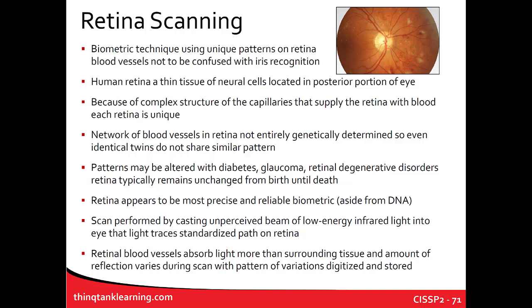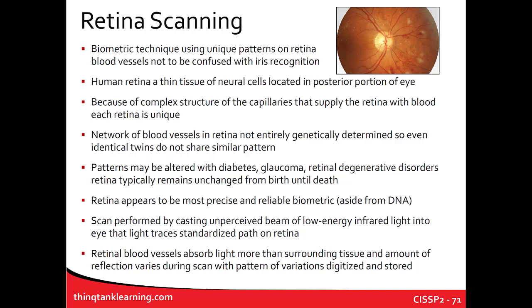Now, what about retina scanning? This is a biometric technique that uses unique patterns on the retina blood vessels, not to be confused with iris recognition, which is the visible part of the eye. It's the unique pattern of the blood vessels in the retina, right? That's the neural tissue at the back of your eye. Unlike iris recognition, which scans the surface texture, retina scanning maps the vascular structure, which is genetically determined and extremely